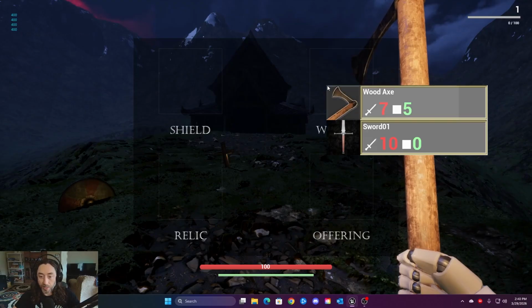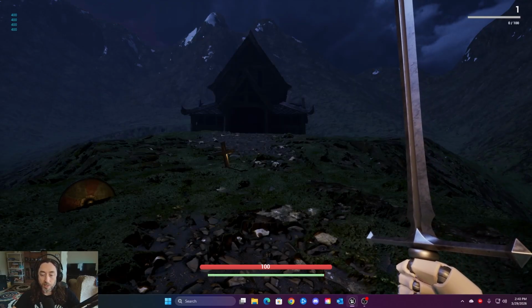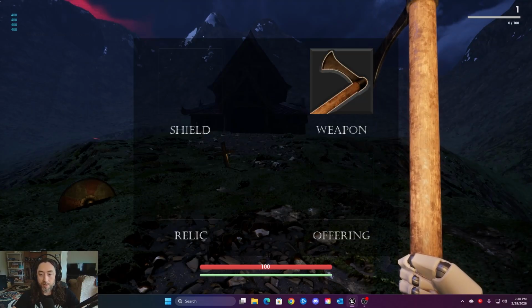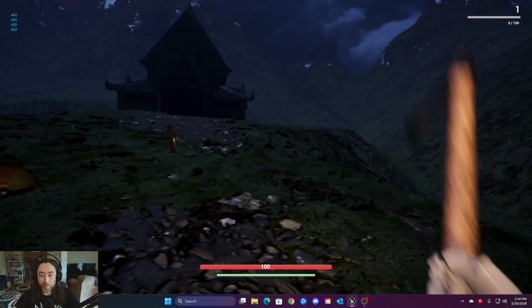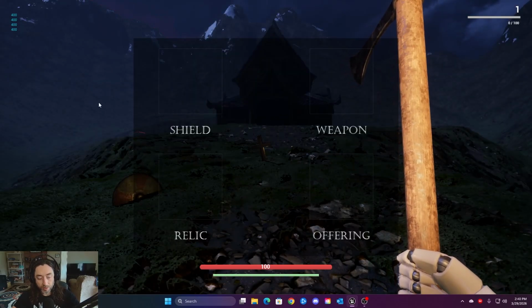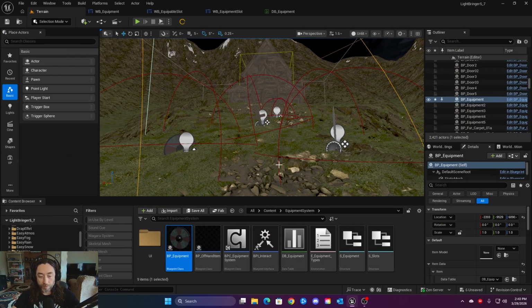You will notice that, even after I equip this, if I close the menu and bring it back up, it's gone again. So that is something that I've got to figure out. But yeah, this has been a lot of work, very confusing. I have struggled a lot